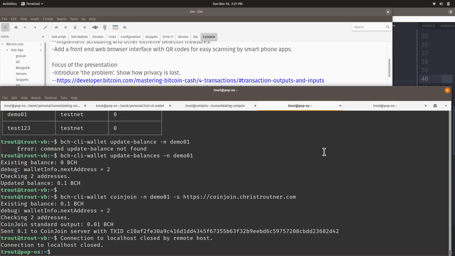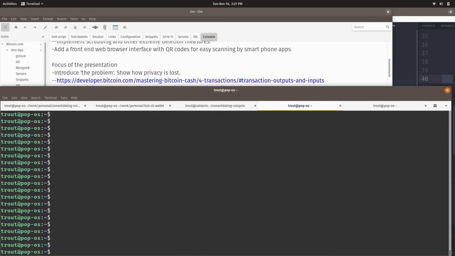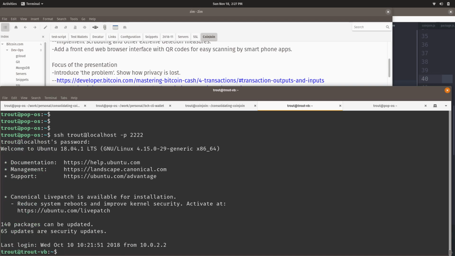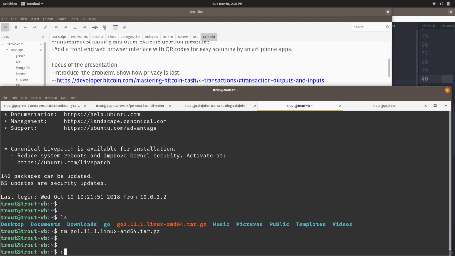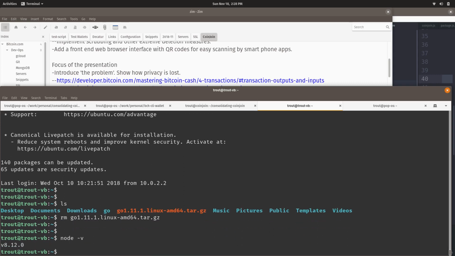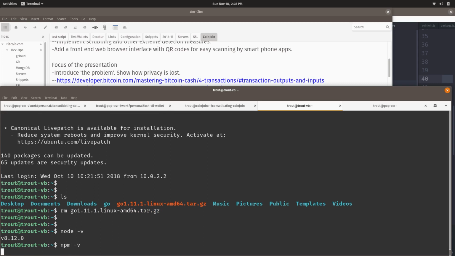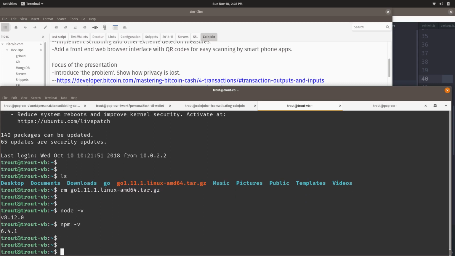So let's see. I'm going to connect to my virtual machine. This is a brand new machine. It's been set up. I have Node 8 and npm 6 installed.